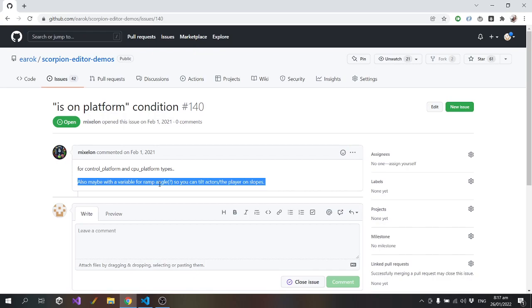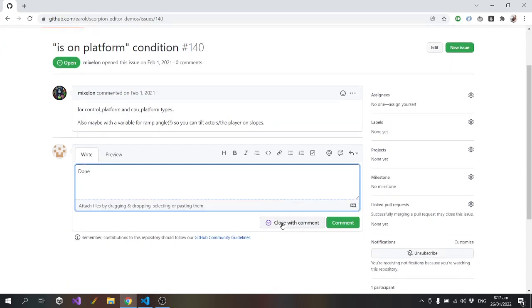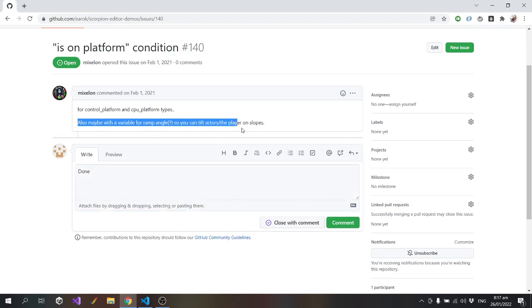Like, you could get the block that the player is standing on, and then do some logic. I think I will close this one. We could maybe come back to this one later, put that in a different issue.